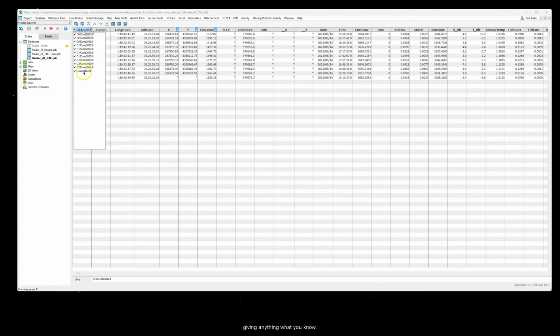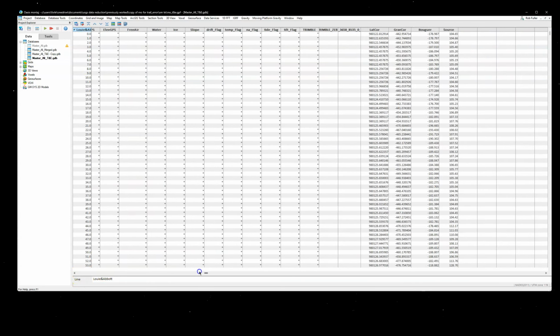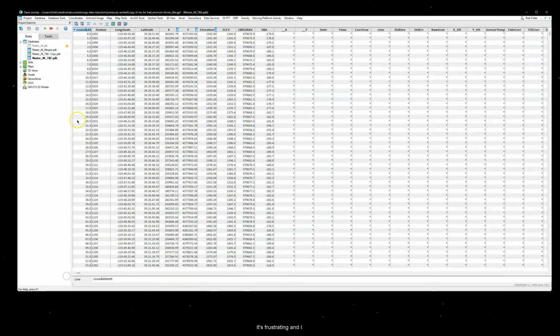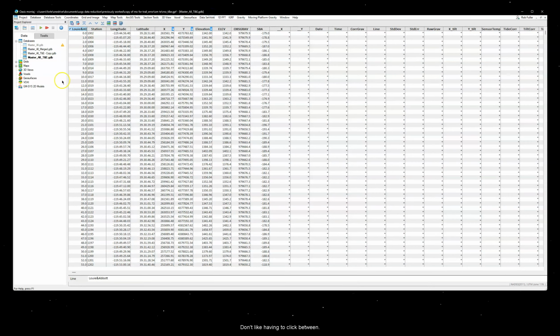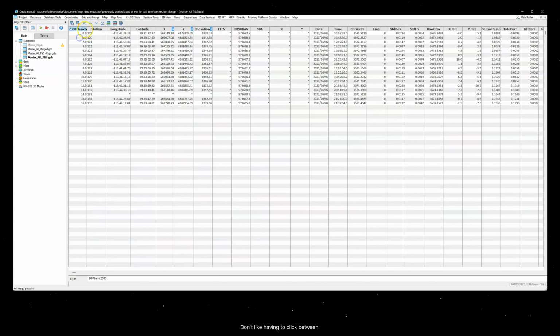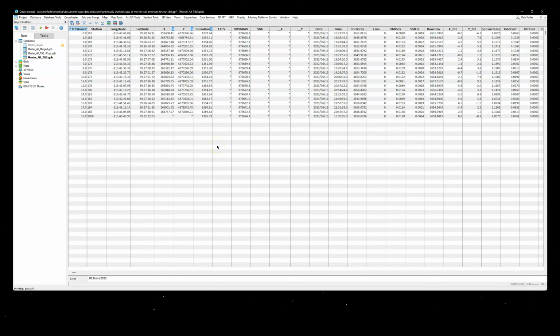And it's kind of annoying to have to click through and see what's working, what's populating, what's not giving anything. It's frustrating, and I don't like having to click between individual data sets in your master database. So one thing that I do to alleviate this, so that I have just one clean